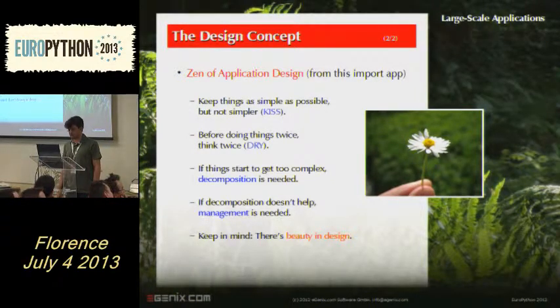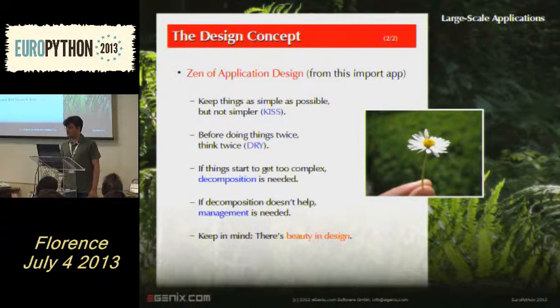Then the next one is probably, in the context of breaking things up into smaller pieces, if things get too complex, you just use decomposition, so you break it up into smaller pieces. And then if the breaking up of those parts into smaller pieces becomes unmanageable, of course you need management. And that's, again, very similar to what you do in a company. If you have departments and divisions, you keep splitting them up into smaller pieces, and then you add managers to those divisions to actually make things work. And then, of course, you have the employees working in those divisions to get small things done.